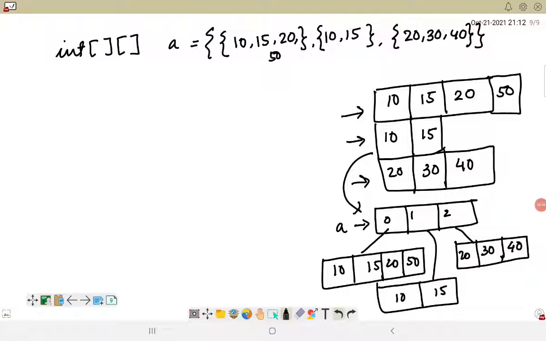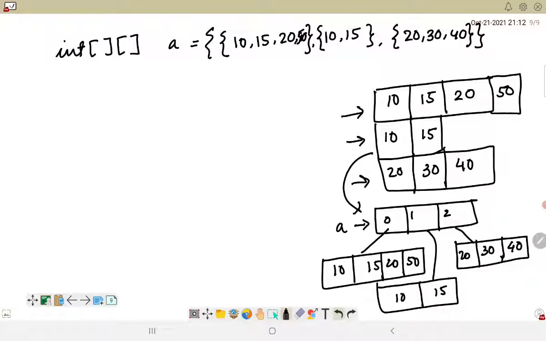Now if I'm having this array, I'll just rub this off. Okay, now what I'll do is I'll add it. So if I'm adding another here, 40, okay, sorry, 50 was there. Okay, 50 is added here.